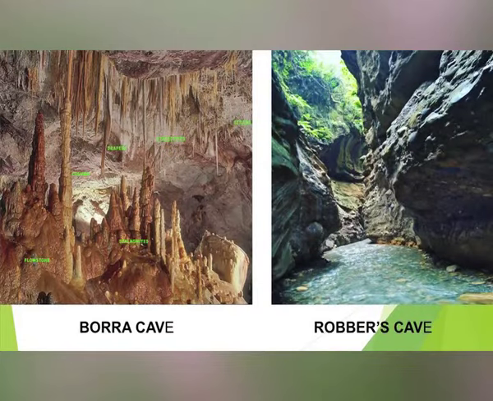Second, when we talk of this geomorphological phenomena, we have the karst, which represents a set of relief forms occurring in rock subject to chemical erosion. Now, if you are visiting Dehradun, we have this Robbers Cave, or if you are visiting the northeast, we have this Bora Cave, which have a very distinct geomorphological representation of a karst topography. Karst can be found in southern Europe, northern India, Latin America, the Carpathians, and in China. Karst forms can be classified as superficial and underground forms, and they do attract tourists from all over the